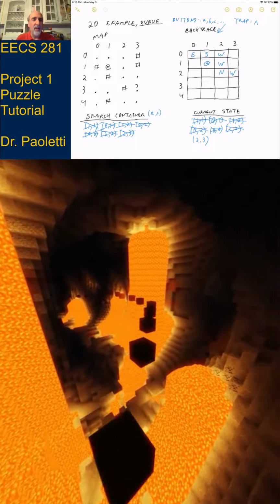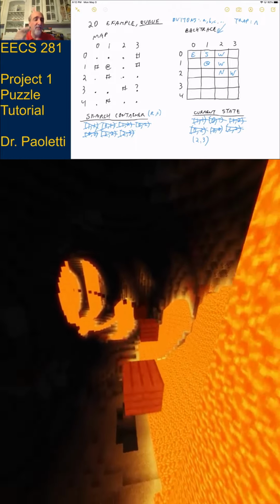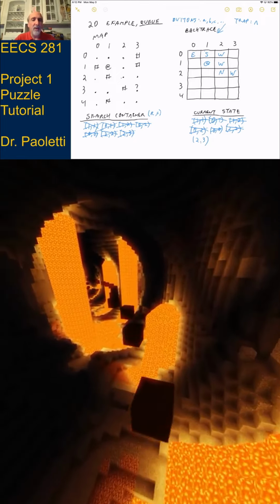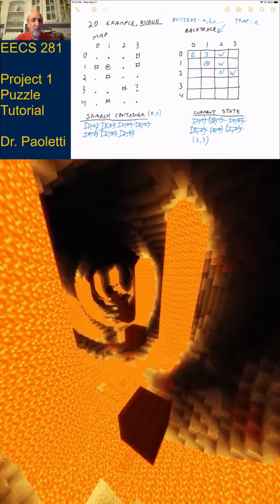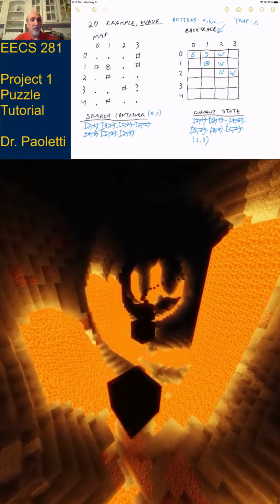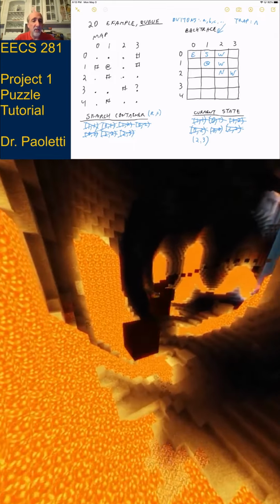Let's look east of our current location. Is that a valid place to look? No, it's off the edge of the map. Don't look there. All right, what about south? South is a valid location, so that would be 3, 3. Have I ever been there before? No. Is it something I would walk on? Yeah, that's the target. That's a good thing to walk on.